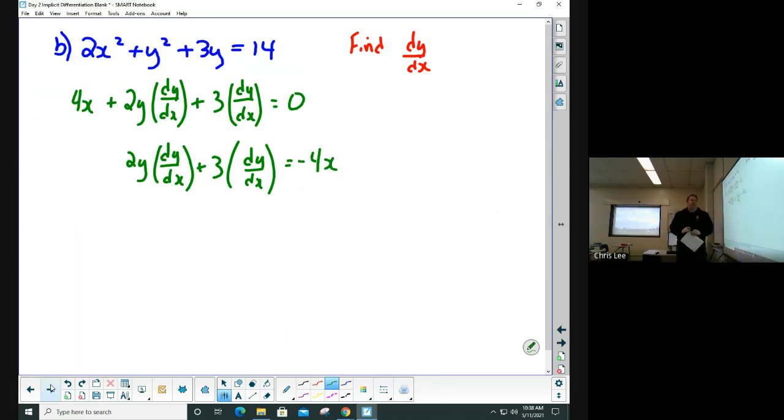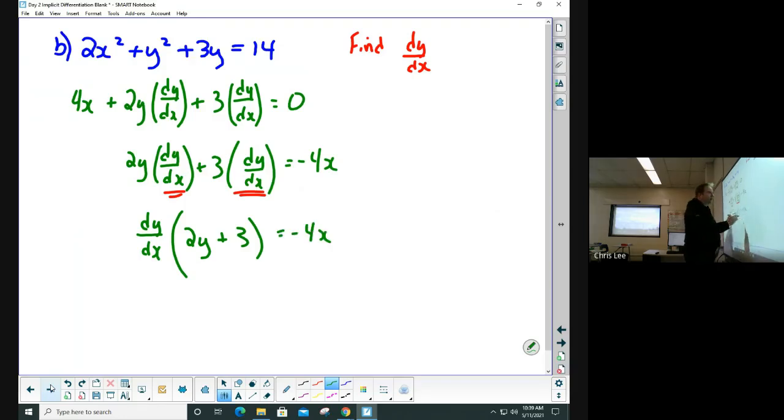Now I need to isolate for dy by dx by getting it by itself, but since it's in 2 terms, I'm going to take it out as a common factor. So you see how this is here and here, so I can take that out as a common factor, dy by dx. Divide it out just like you would have divided out any other common factor. And when it gets divided out of the first term, you're left with just 2y. And when it's divided out of the second term, you're left with just a 3